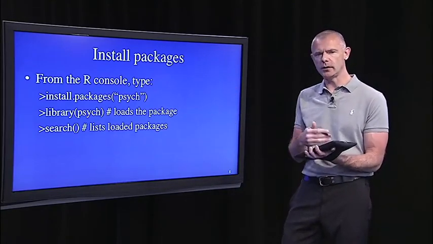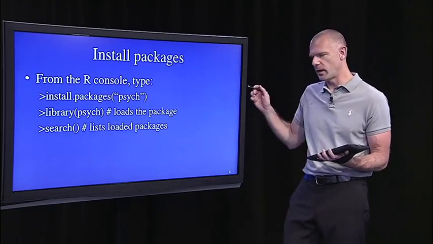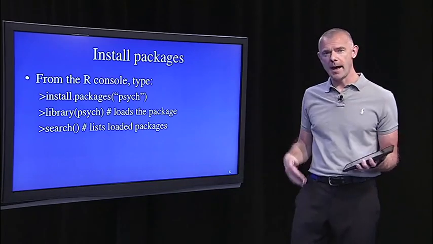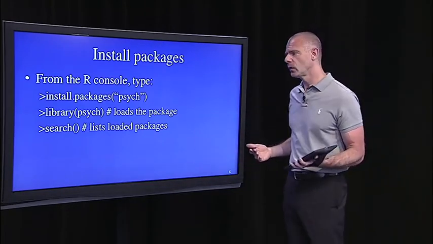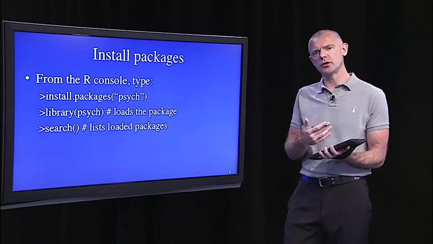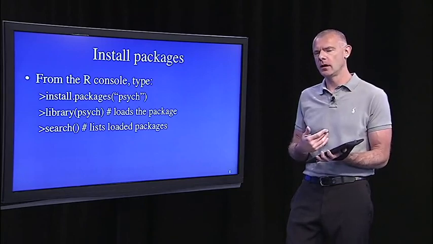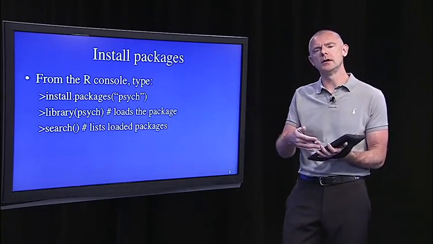So this line of code is library(psych). What does it do? It loads the package. The pound sign is the comment. How do you know that you have it in your working directory? Well, you can just use the search function. If you just type search(), then that will tell you what packages are loaded into your